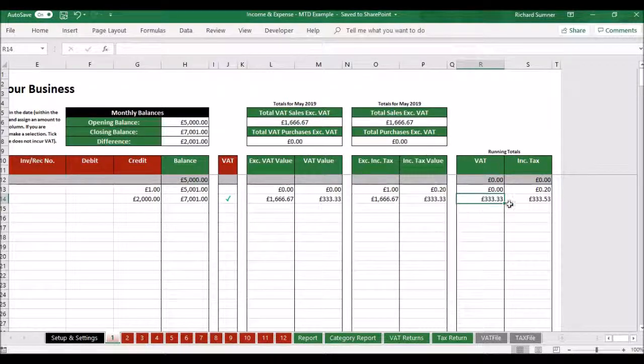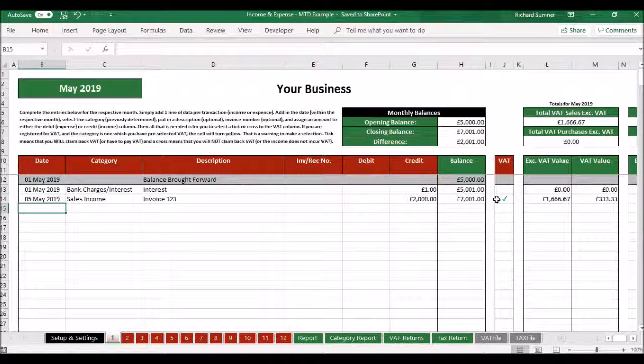You put the correct percentage in, it's never going to go above that, but you need to monitor those figures. The VAT one should be quite accurate because it's taking all your VAT expenses and income into consideration. The income tax, as I said, won't be, it's just guidelines, but those just keep running totals as you go along. So let's just say on the 8th of May,